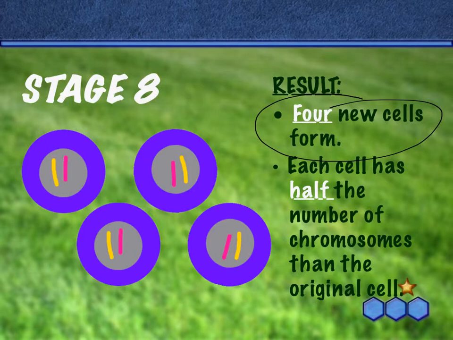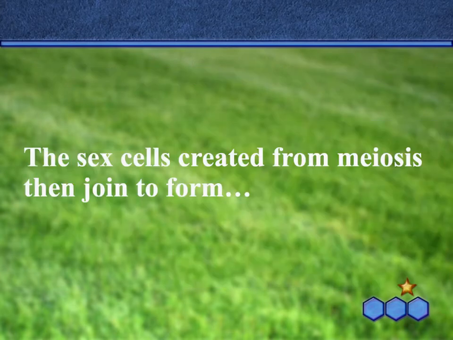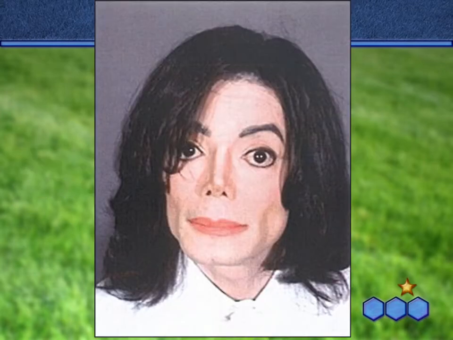Okay, so that is here. Each cell has half the number of chromosomes from the original cell. Again, 4 new cells, half the number of chromosomes. And we know now that when you have a sperm and an egg cell, they combine to form, oh,